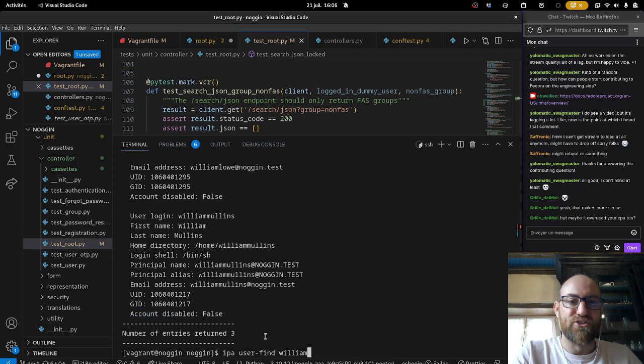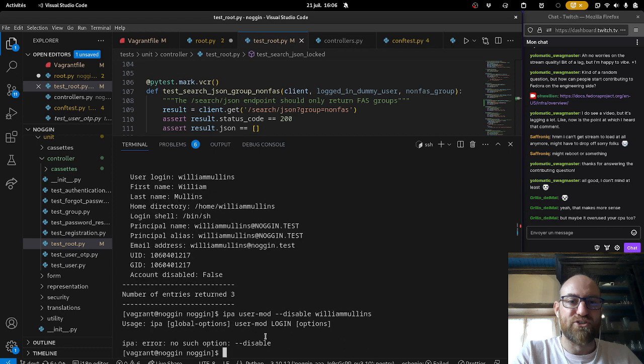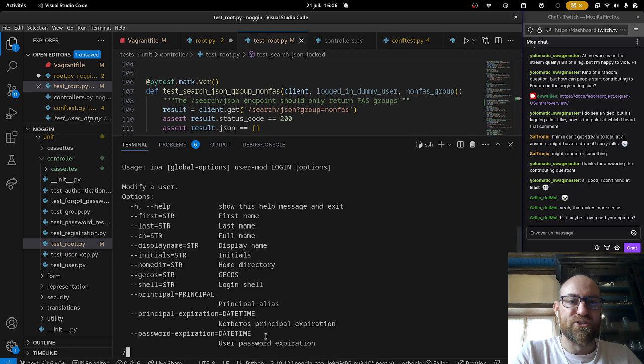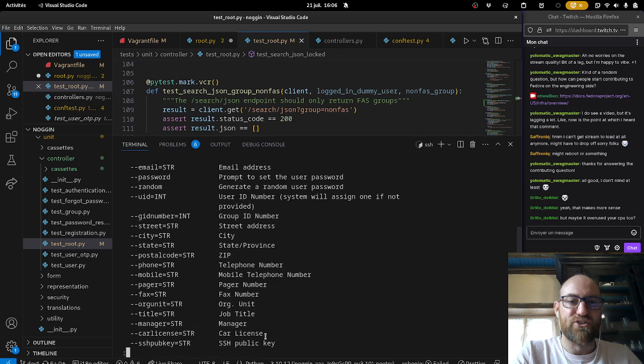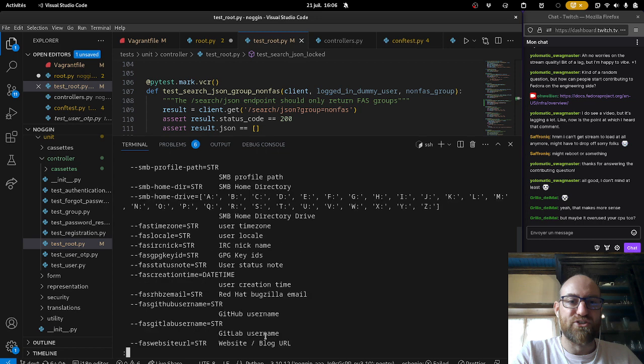Let's disable it. Yep, that's not disabled. Would have been too easy. So then what is it? Lock? No. How do I lock a user?